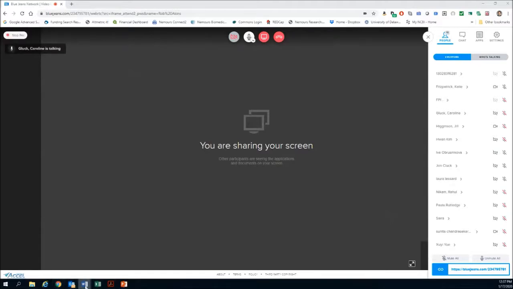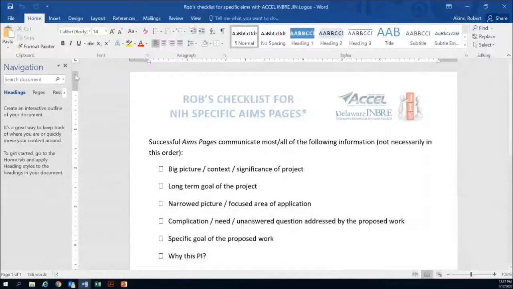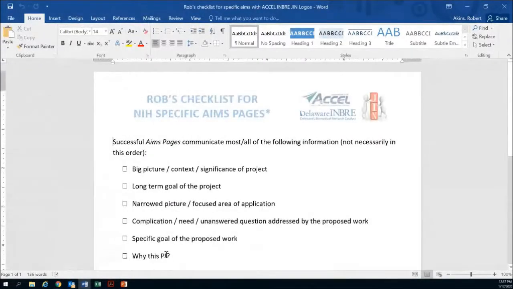Okay. So let me just be clear. That checklist is not generated by what NIH wants. That checklist is generated by what has been successful in study section. So this isn't necessarily indicated to be. But when Rick's group went through and did all this linguistic analysis and pulled everything apart and did a statistical analysis, that was a common theme. And an example might be, so for me,